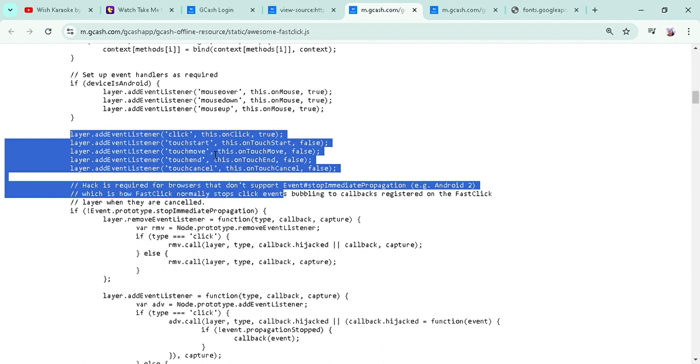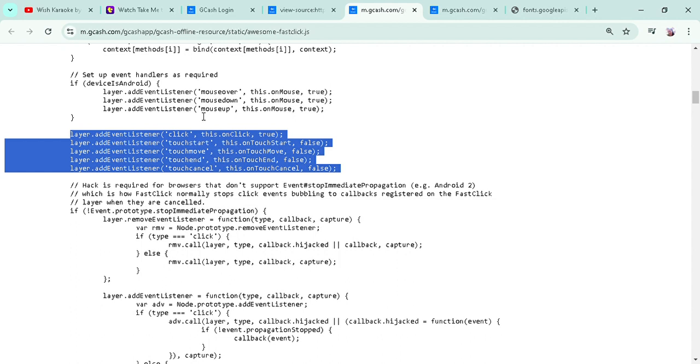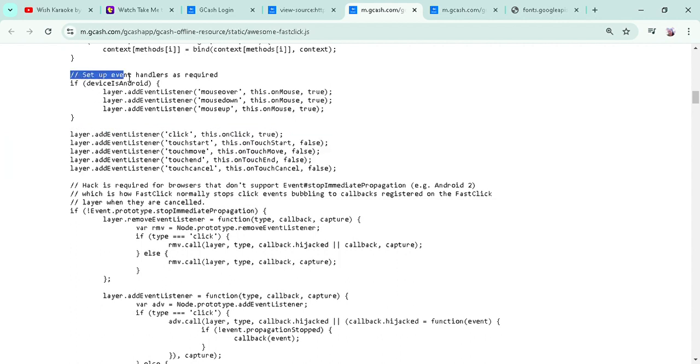They have the click, on click, then touch start, touch move, touch end, and touch cancel. As you notice, the code is very understandable. For example, here, set up event handlers as required.